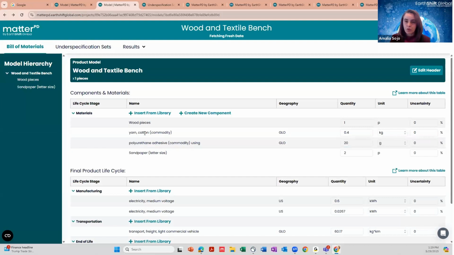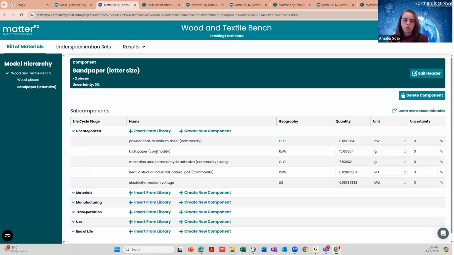The other products that I added were cotton, and this was just a commodity that I chose from EquiInvent. The glue was also just a commodity, but when there are some components that you do not have in EquiInvent, for example, the sandpaper, then I added it as a component. So it was not inserted from the library, it was not an underspecification set, it was a new component.